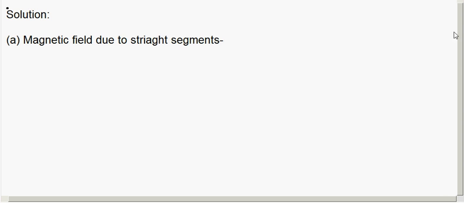Now if you consider here, to the center C, if the distance vector is r, and if the current element is dl. Now if you see dl and r are parallel to each other,